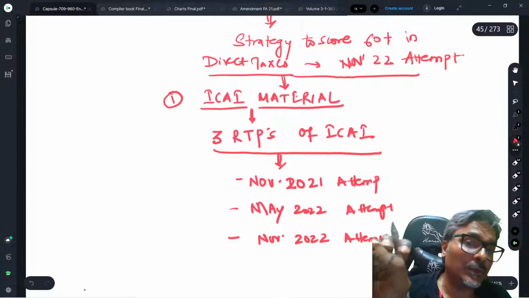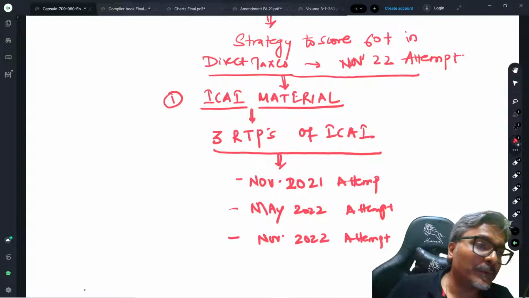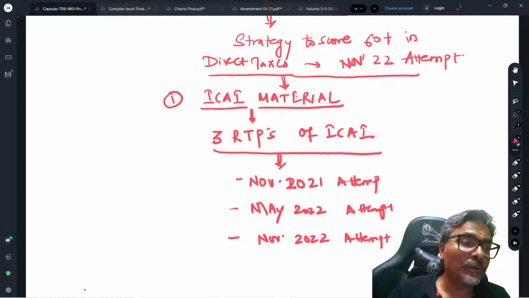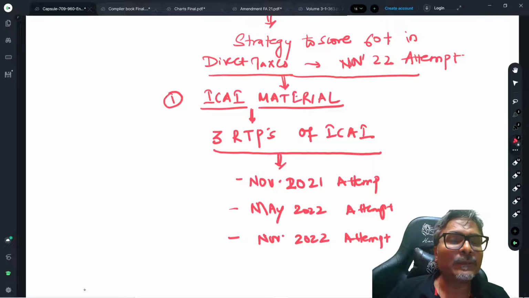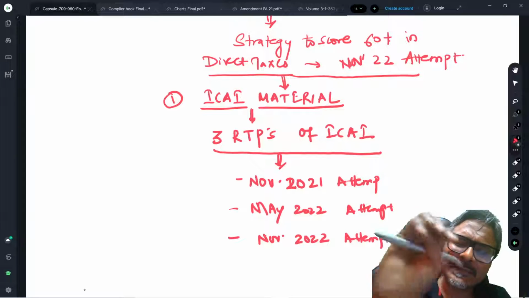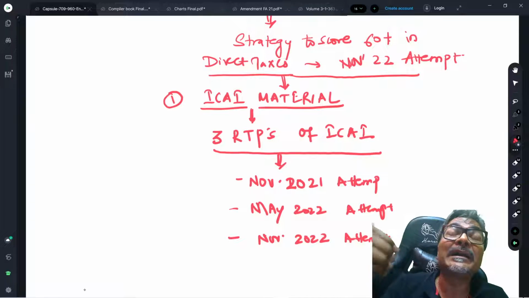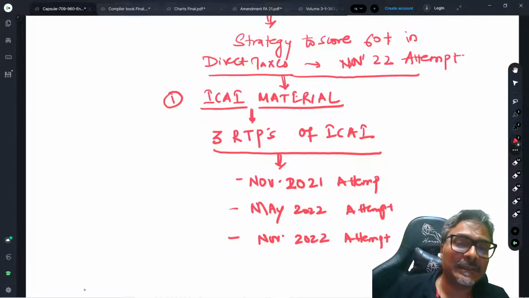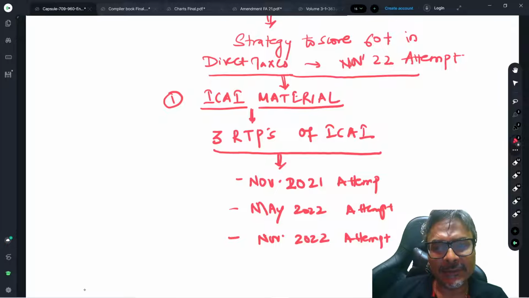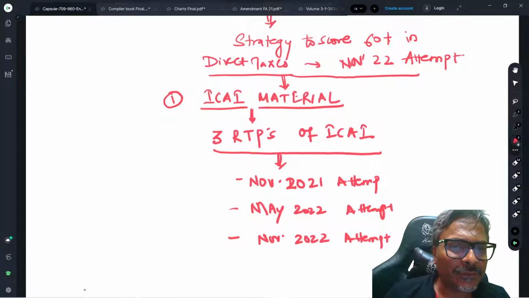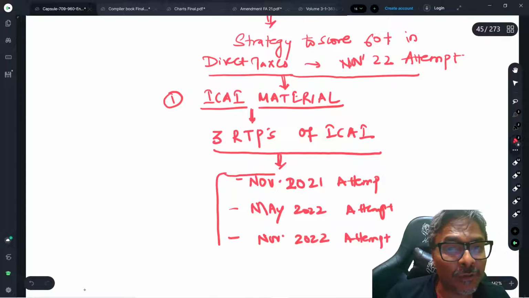ये लिख लो आप लोग. These are very important points which I'm just letting you all know. 3 RTP is minimum. You'll say, sir, but November 21, this is the last particular assessment year. क्या फर्क पड़ता है? Doesn't make much difference, students. You'll say, sir, but the amendments and all. Take it from me, hardly there would be some issue on the amendments. आपको amendments की चिंता नहीं करनी है. There would be hardly any issue on the amendments. So don't worry much on that. Okay. So therefore this 3 RTPs is a must do for all of you.